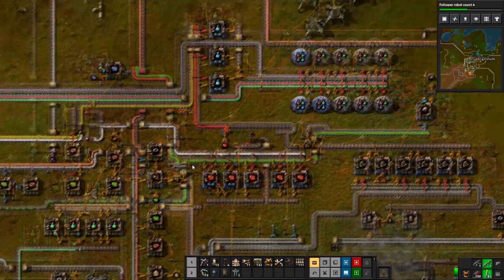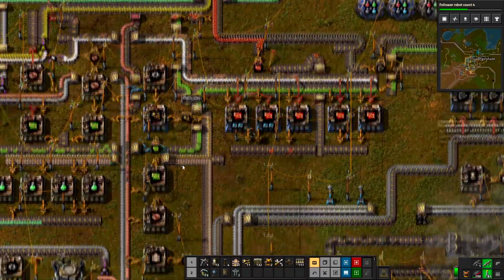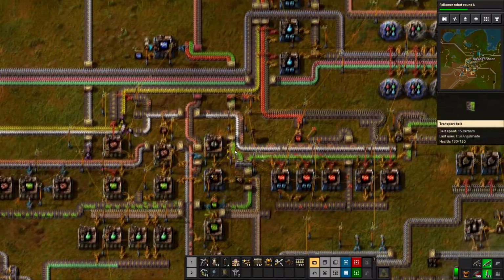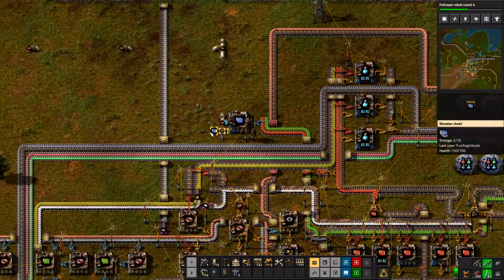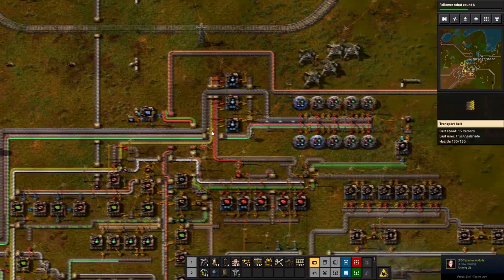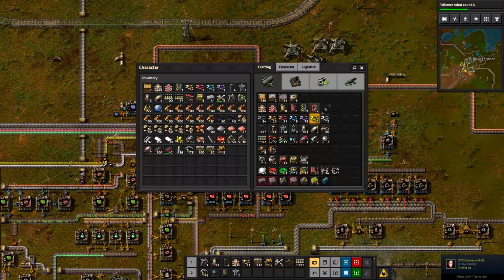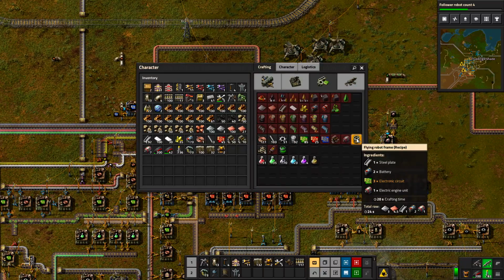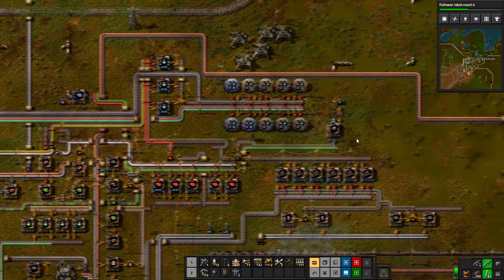And these belts are saturated as well. That's wonderful to see. We seem to be making enough electric circuits as well. We made 100 blue ones. Okay. That being said, I believe we can start working towards making the frames, and from there we will proceed to make...